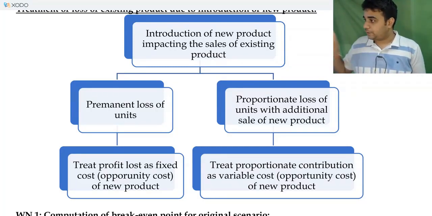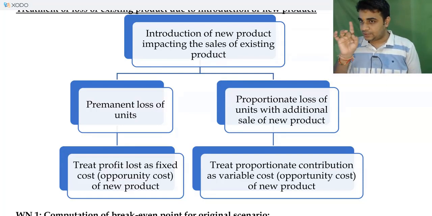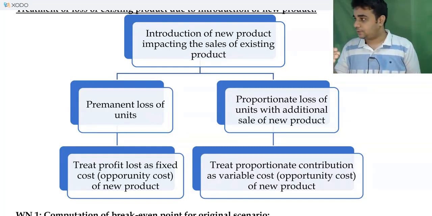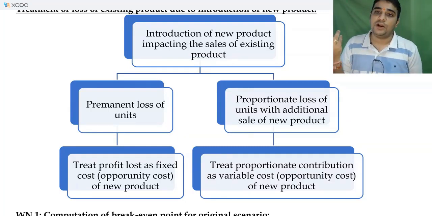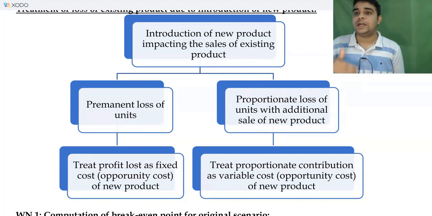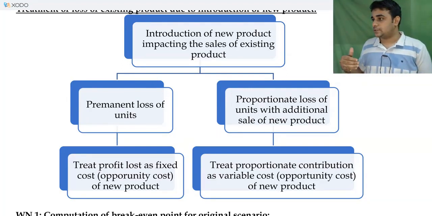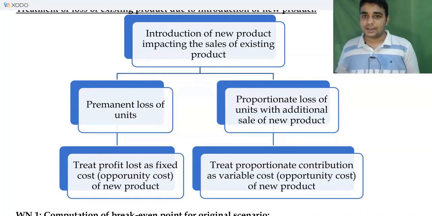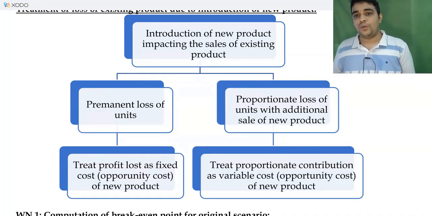Treat profit loss. When I use the word profit, I am mentioning relevant profit there. I indicate relevant profit because sometimes when you calculate profit, you may subtract fixed overheads, which the company may not even avoid by closing the business. If the company is going to close that product and the fixed cost is going to be avoided, you consider that in calculation. If it's not going to be avoided, technically you cannot consider it in the calculation.